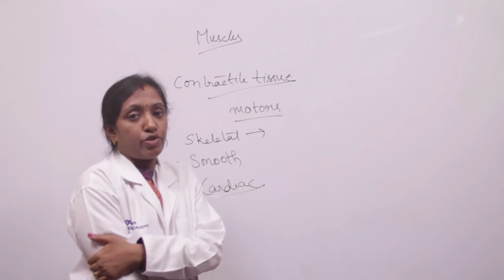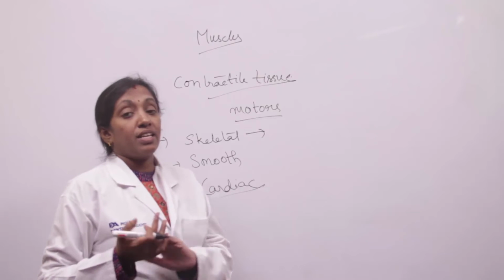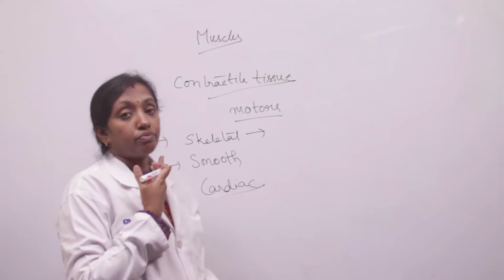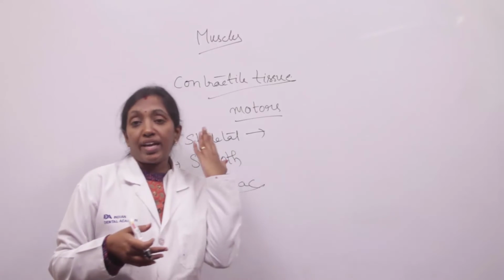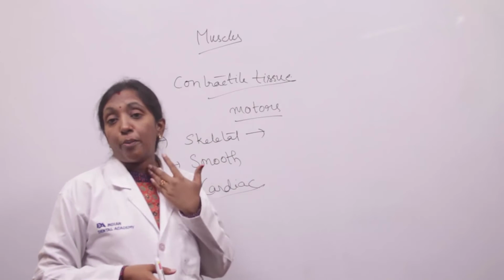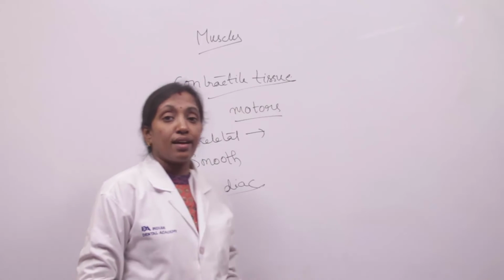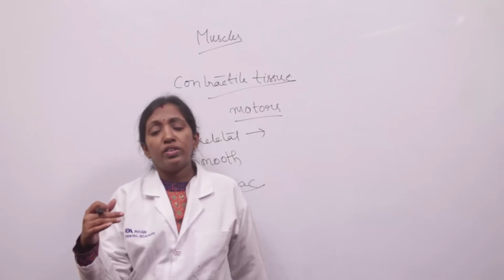Examples are the biceps and triceps, and we also have many more muscles. The temporalis muscle is a skeletal muscle, and so are the thyrohyoid and the sternothyroid. We have the trapezius muscle and the sternocleidomastoid muscle. All these are skeletal muscles, supplied by the motor nerves, and they also respond easily